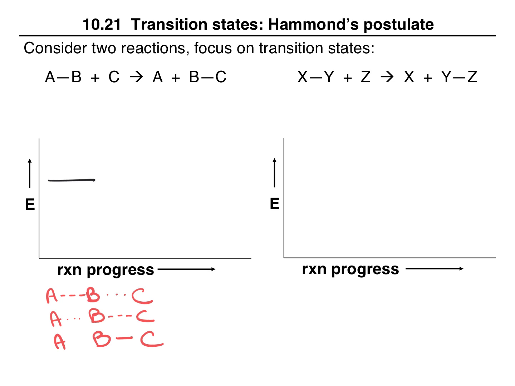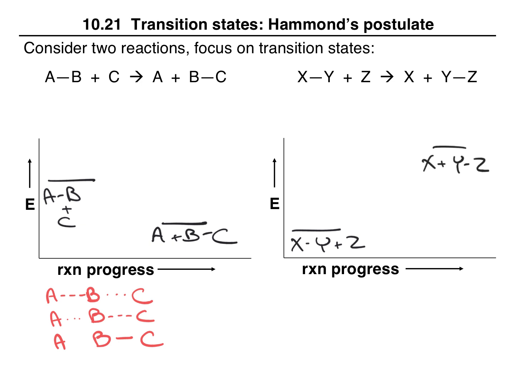Maybe this is the energy of AB plus C, and the products A plus BC are lower in energy. And over here, let's start out with XY plus Z at low energy, and then X plus YZ at high energy. If we think about the reaction pathway, the energy will increase until it reaches the transition state, and then the energy will decrease until it gets back to the products. Over here, the energy will increase until it reaches the transition state, and then the energy will decrease until it